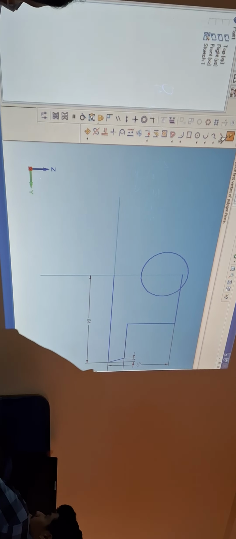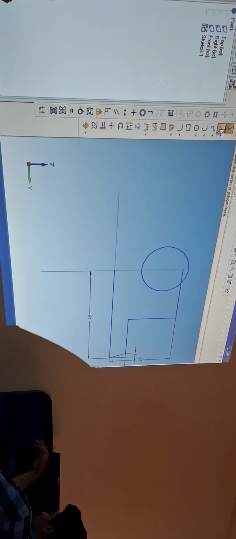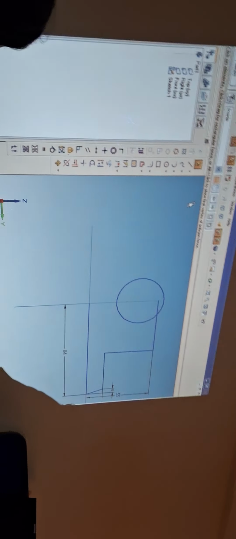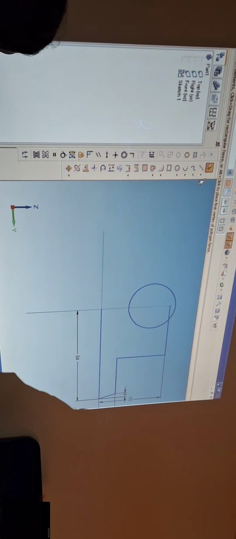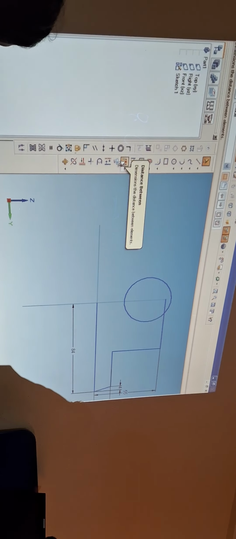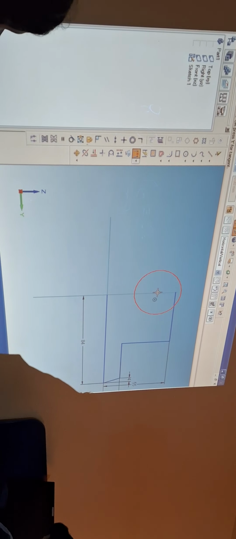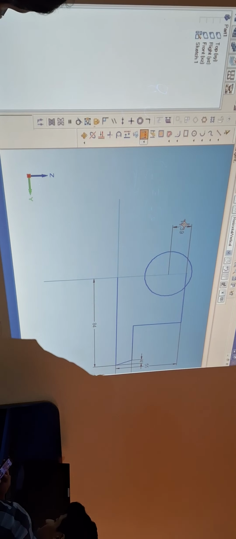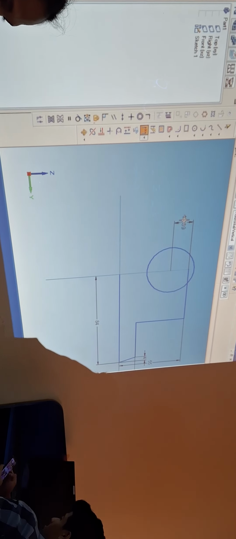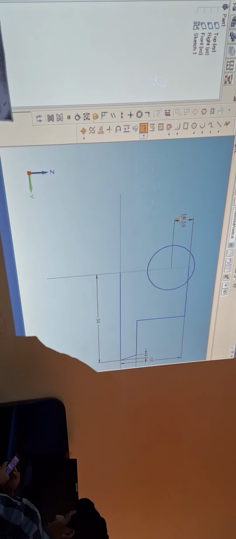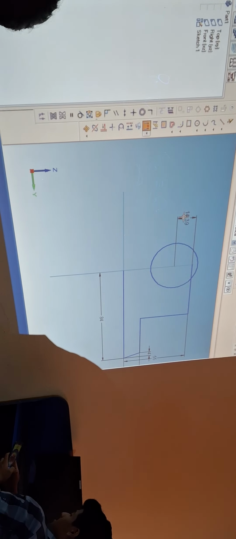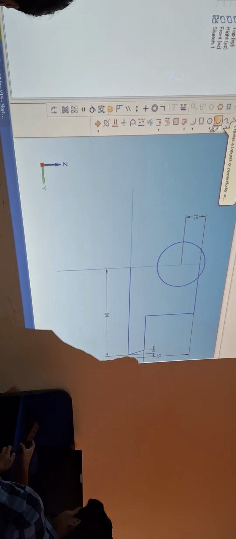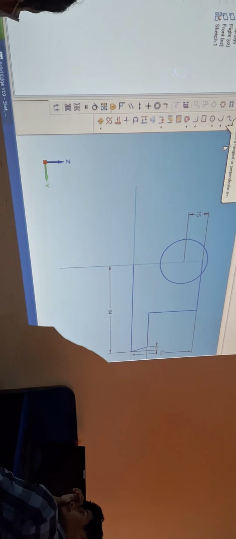So the diameter, half of that, its radius is 19, plus 3 plus 12. What is the total height? 15 plus 3. So from the center point to the top end, how much has he given there? 3 plus 12. How much? 15. 3 plus 12 is 15. Just go for 15 mm. Once you draw the 15 mm, now I will draw the approximate profile of this.